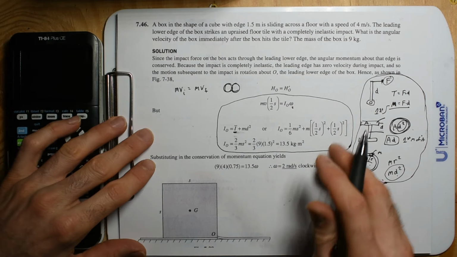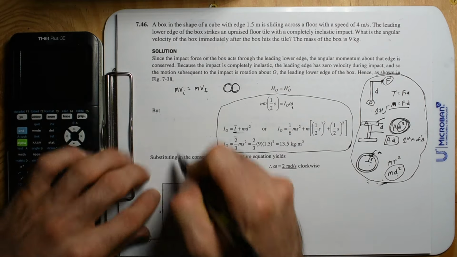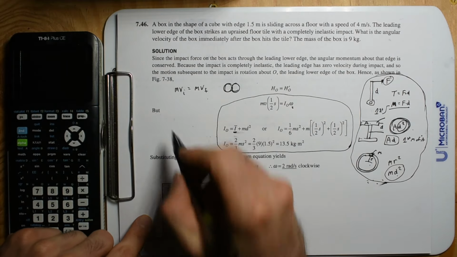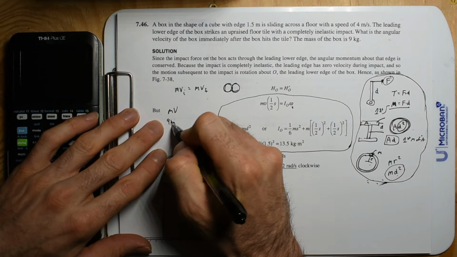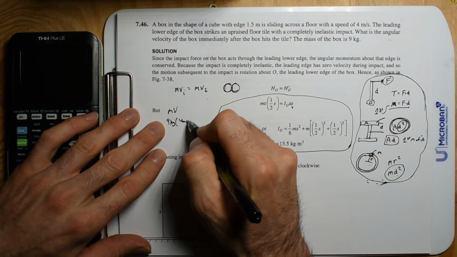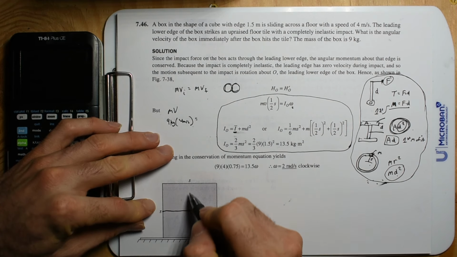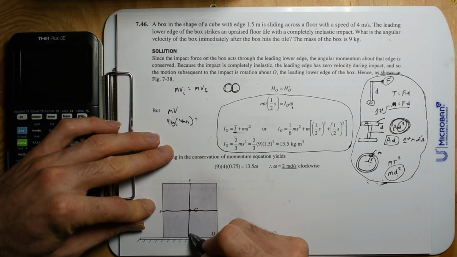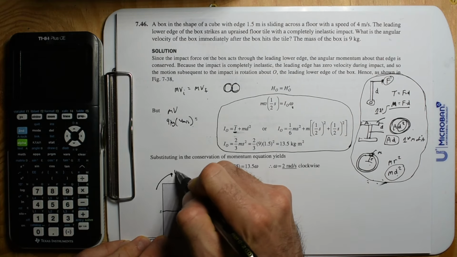But you know what I mean? I'll have to answer my own question in the end, because if I set that up, I say, hey, this linear mass times velocity, this is 9 kilograms, and we have 4 meters per second. What I want to equivocate that with is I want to cut this up into 4 chunks of mass, and the second it hits, it's all angular